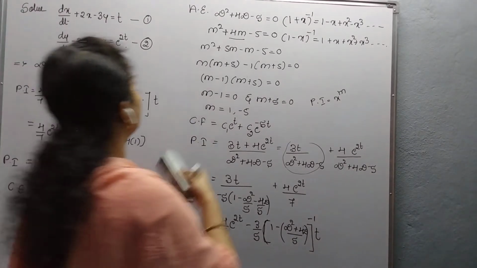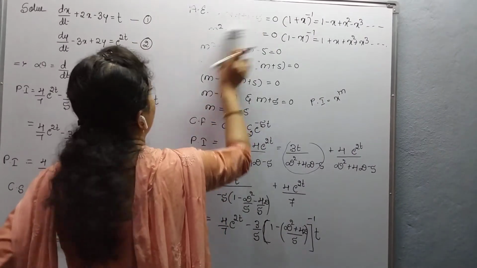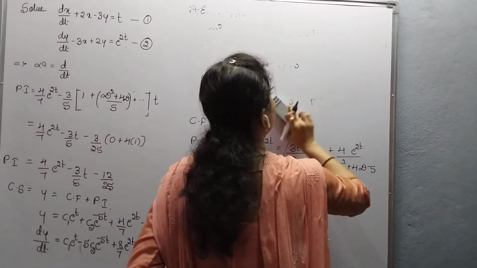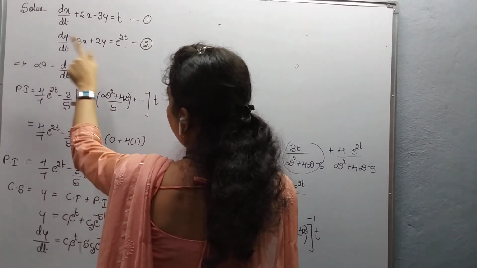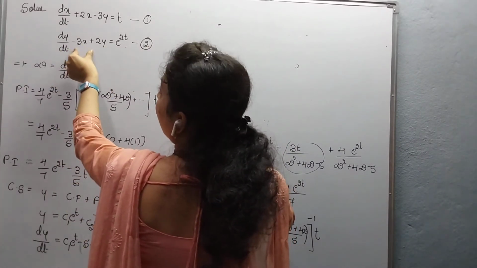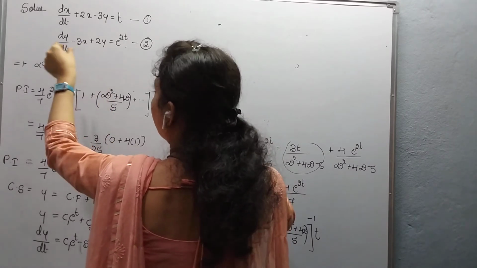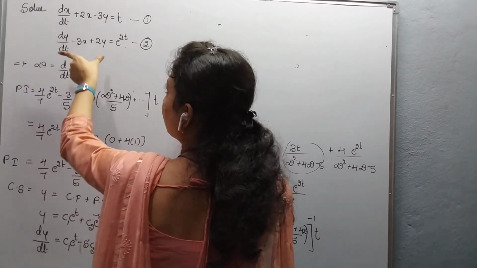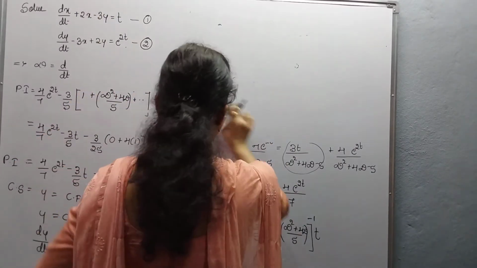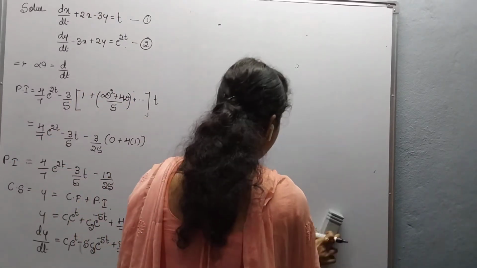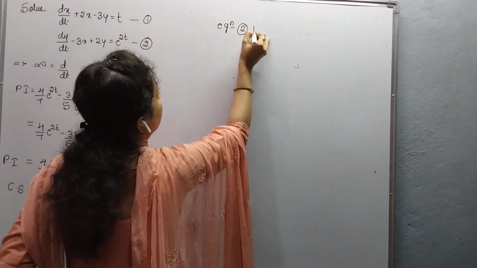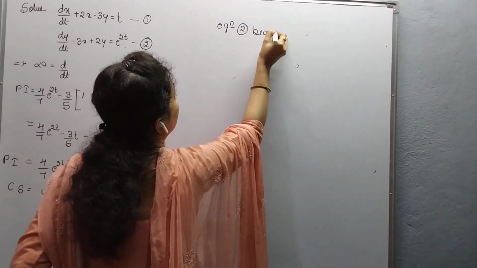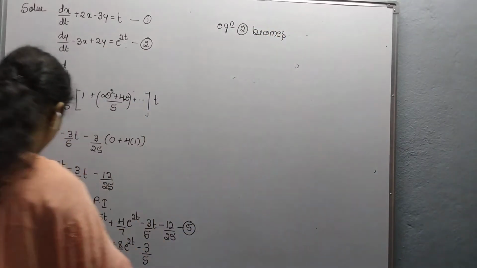Therefore, now we have to write equation 2 as, you can substitute in any equation, but here I can find the value of y and dy by dt. So we have to substitute in equation 2. If we want to eliminate the y term, then we have to use equation 1. So here equation 2 becomes